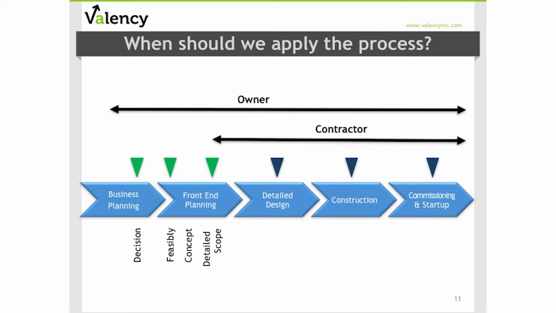But in general, for larger projects, CII recommends conducting risk review meetings in the early phases of the project lifecycle. This can start at the end of business planning, prior to your decision to proceed with the project, can happen during feasibility, and should happen prior to the completion of detailed scope. Now, in our experience with smaller projects, having a more compressed front-end planning effort is pretty common, and conducting one risk review session during that front-end planning effort is generally sufficient.